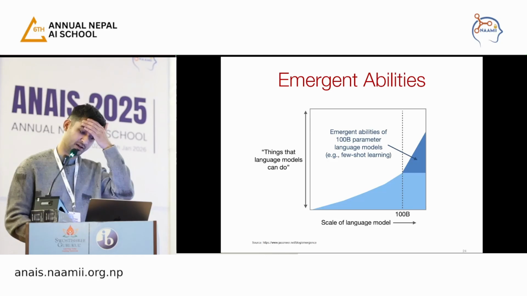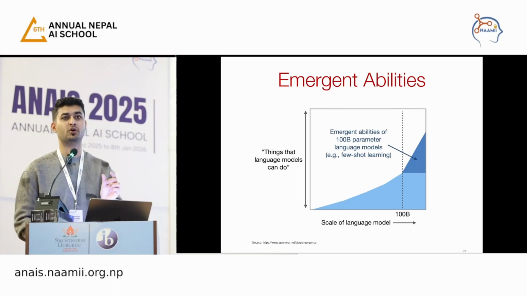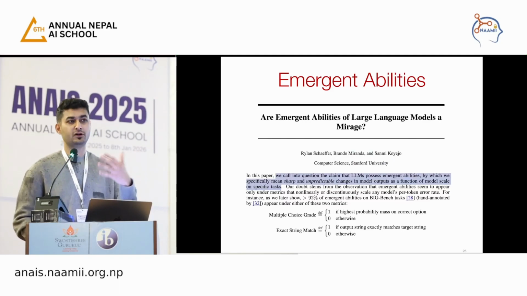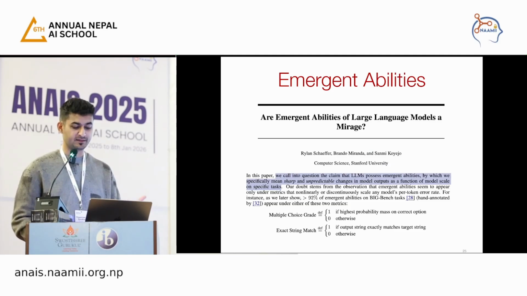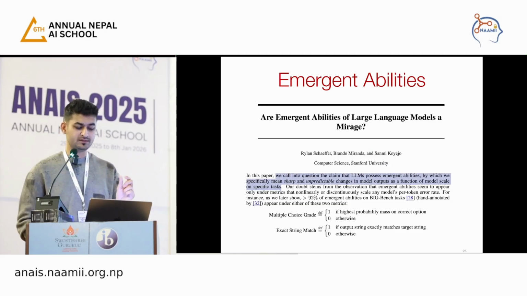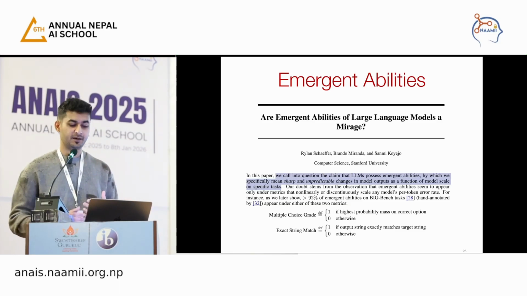Yeah, so this is what I was saying. There are things that language models can do, and it increases in a regime of large model parameters. Having said that, there are also some criticisms to this. There is a paper, and Victor had this in the first session as well. In some cases, there are studies and questions which say that models don't show emergent abilities.